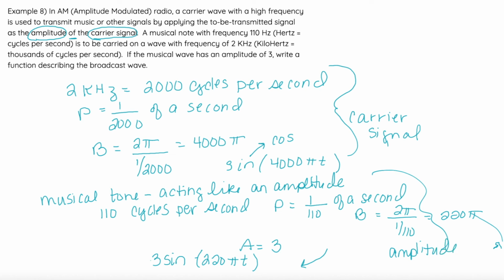So we know that the word of in math means to multiply. So I've got a sine function as the amplitude function of the carrier signal. So then all together, our function with respect to time is 3 times sine of 220 pi t times sine of 4,000 pi t,